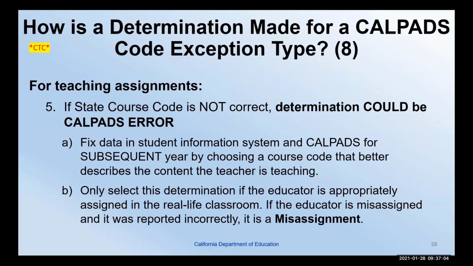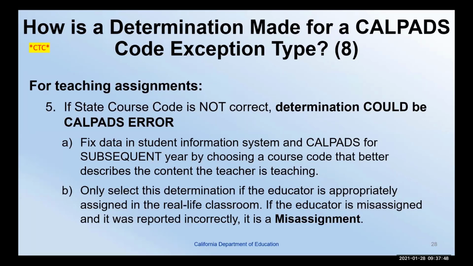Okay, and then there is another scenario, which is the state course code is not correct. And in many cases, this could be a CALPADS error. So, I think Ann touched on this earlier. A lot of people have been asking if they can fix student information in CALPADS for the current year, what is actually in CalSAAS, and they cannot. That is not possible. We load our data one time and one time only for each monitoring cycle. However, in our training module, we do have a little embedded video that shows you how to pull all of your CALPADS exceptions.